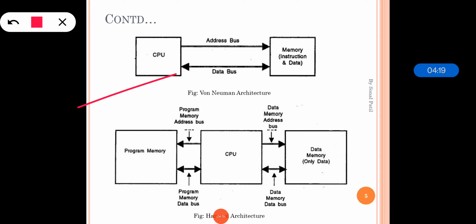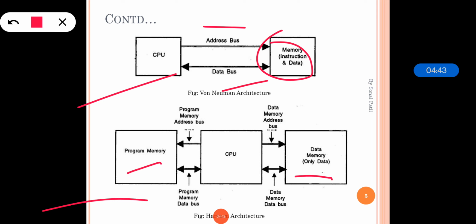The von Neumann architecture is the most widely used. In this, there is a memory chip which stores both instructions and data. The processor interacts with memory through the address bus and data bus to fetch the instructions and data. The Harvard hardware architecture is shown here. There are two separate memory blocks we can see, one for data and one for the program. Program memory stores only instructions and data memory stores only data. Two pairs of buses are used between the CPU and the memory blocks.